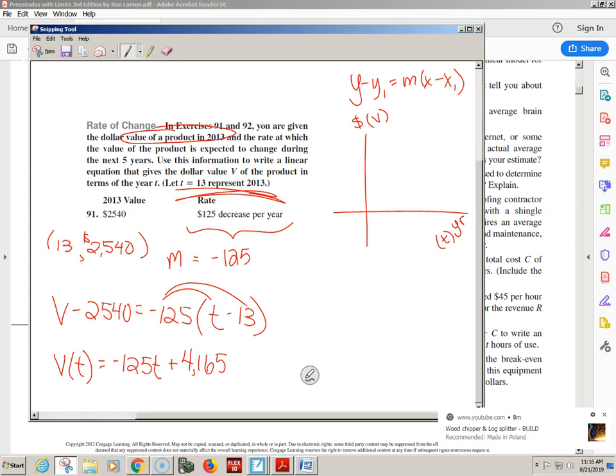How I would have summarized it would have probably been something like dealing with the value of a product, given its 2013 value 2540 and its approximate rate over the next 5 years of negative $125 per year. Find a linear equation. That probably would have been my summary of the whole thing. But